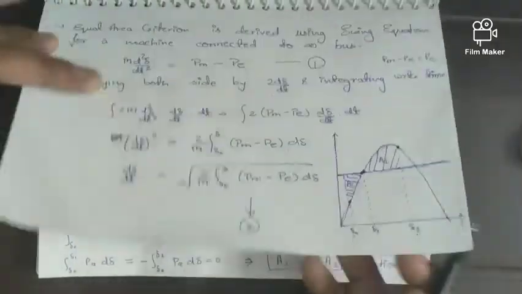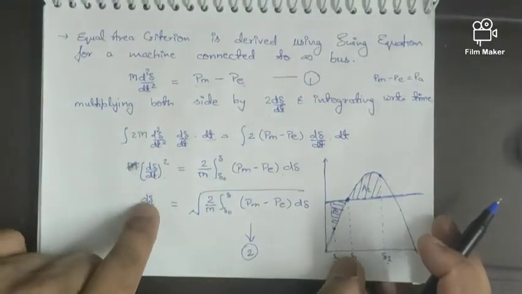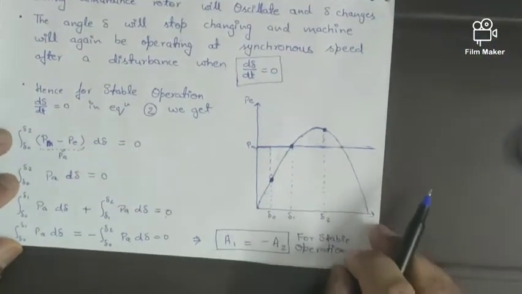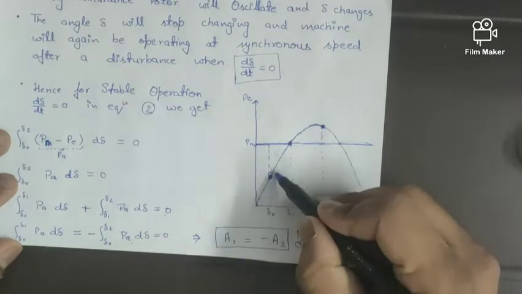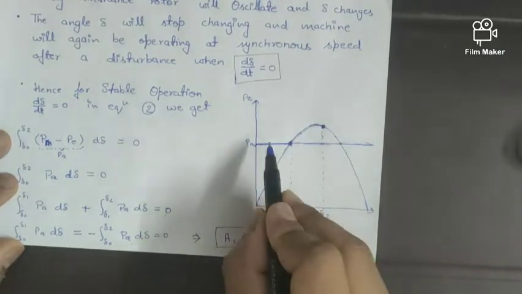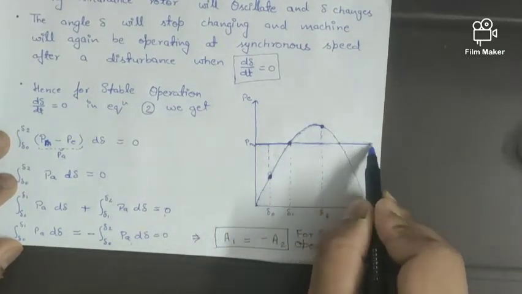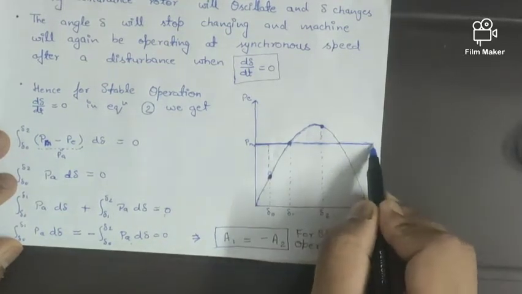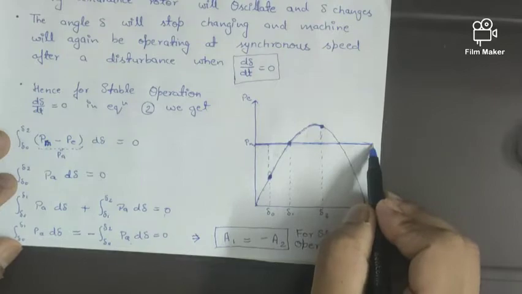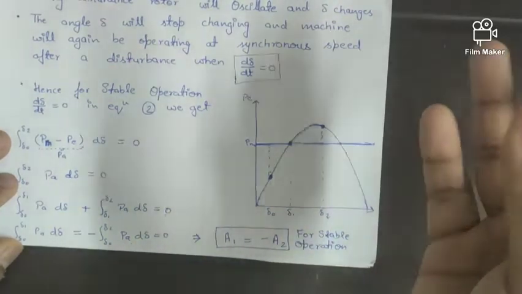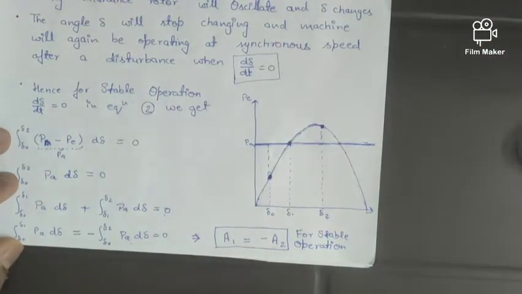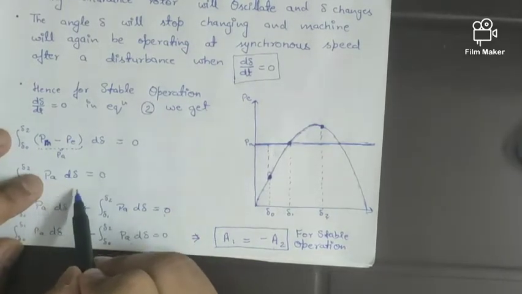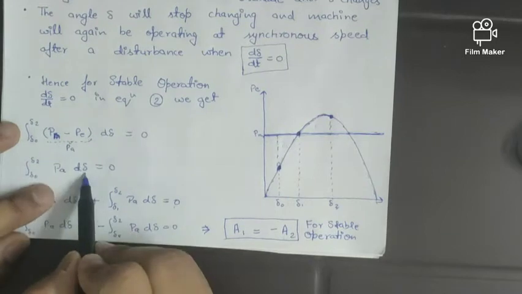So from equation 2 we put 0 here, and so let's see, this is the electrical power output, this is the mechanical power input, which will be constant because it does not depend upon load angle. Mechanical power input does not depend upon load angle, it will depend upon the valve opening. Okay, so here if we are putting PA, the accelerating power, Pm minus P, d delta